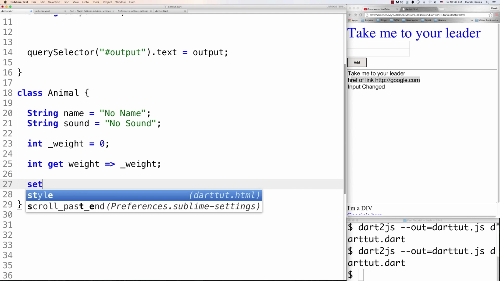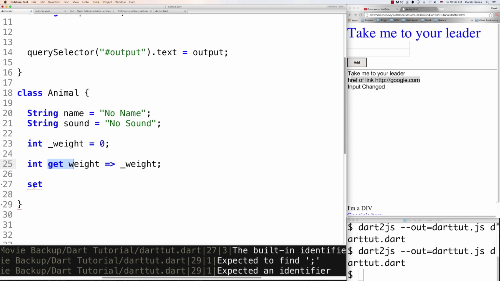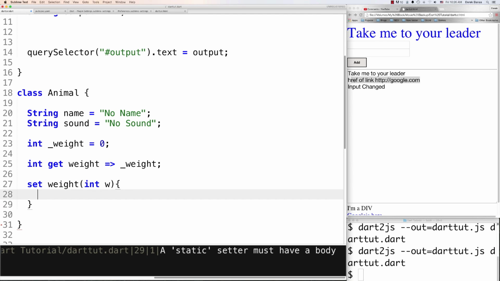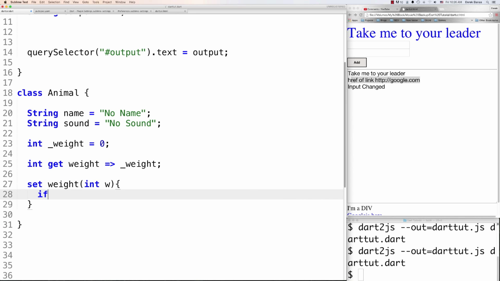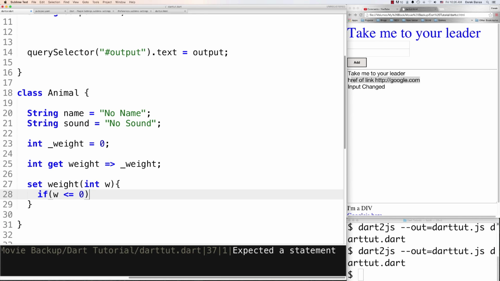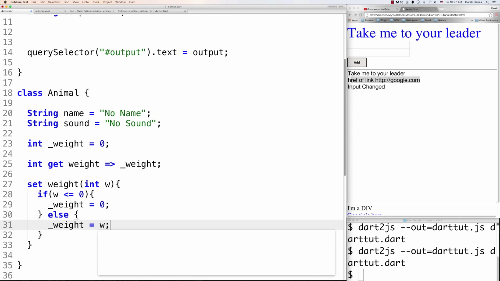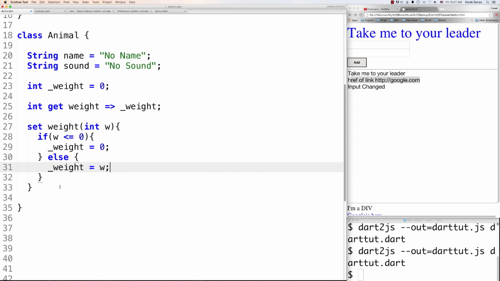And here, using set, so this is like a getter and this is like a setter, we can also define set and say something like weight, and if they try to assign a value of weight, so we'll say if weight is less than or equal to 0, in that situation we're going to just set the weight back to the 0 value because an animal can't have a 0 weight. Otherwise, we're going to allow them to set the weight. Okay, so that's a way for us to protect our data,